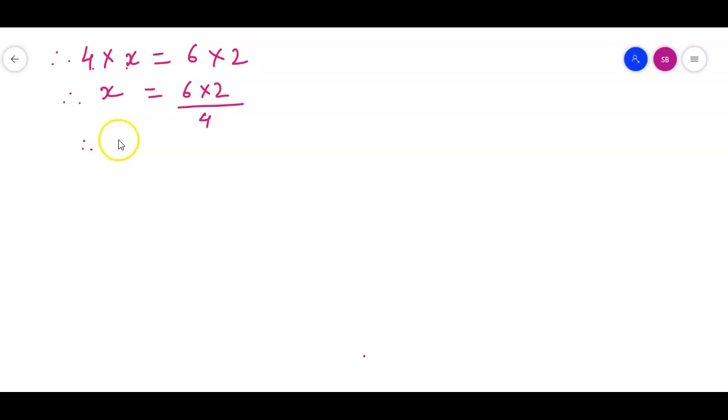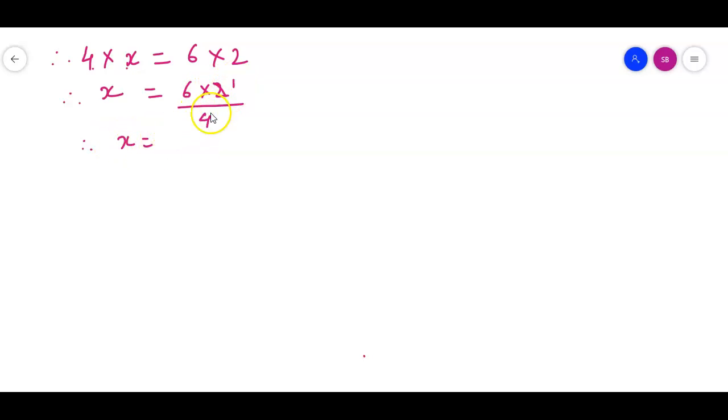So if it is 4 km per hour, how much time will it take? We have taken it x, and if it is 6 km per hour, she takes 2 hours, right? So we have to find out x over here. X will be, we write this as it is, 6 into 2 upon. Now this 4 is multiplied with x, so we are going to take it down over here and divide it. Therefore x is equal to, now let us divide this.